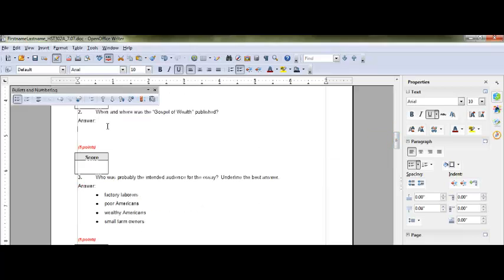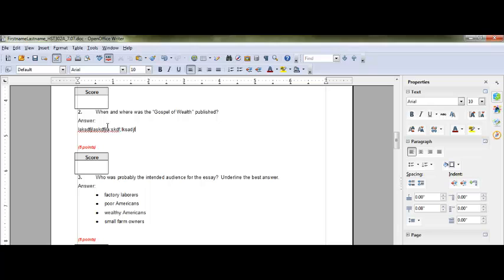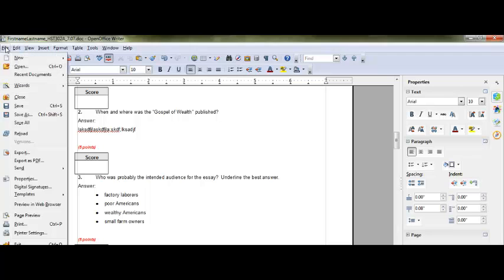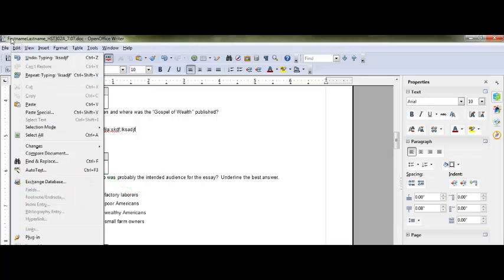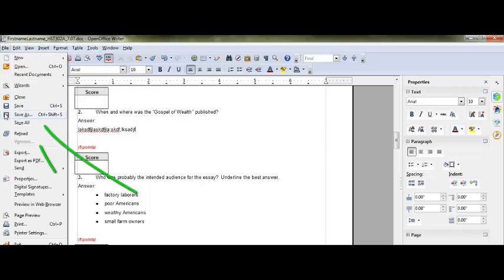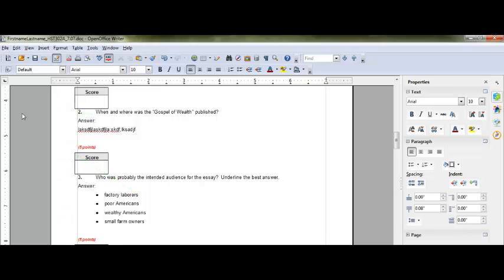Okay, then here you would type in your answer. I know that's not the appropriate looking answer. You go all the way through it and answer it. Then go up here when you're all done to save it. Go File, but here's the thing. Don't click Save. Click Save As. Because if you'll notice up here, it says first name, last name. I need your name. So do your teachers. They want your name on the file. So you click Save As,